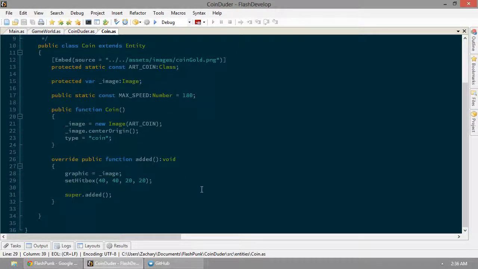Alright, now when he's added, we want to choose a random location around the screen to add this guy. So let's set as X. Well, let's choose if we want him to go... Nah, we'll just do horizontal coins. He's got to go up and down to get them. So if fp.random